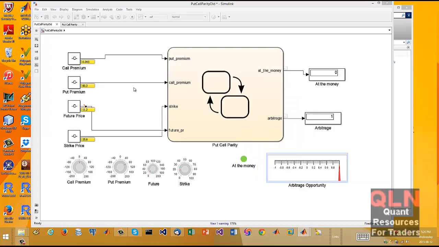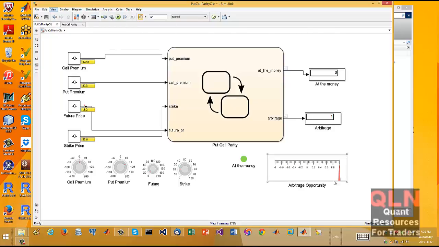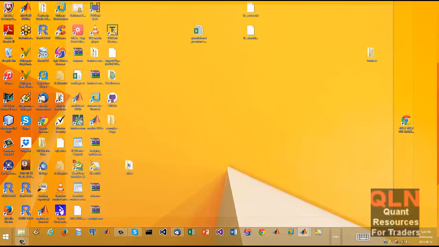And where do you see all this stuff? If you come under here, under View, you can see Model Explorer. You'll get your Diagnostic Viewer and any other viewers or anything else you need. But those are the two that I've generally been mainly using. So let's fire up this puppy. Oh, one last thing I better not forget. If you've seen one of my simulations in the past,